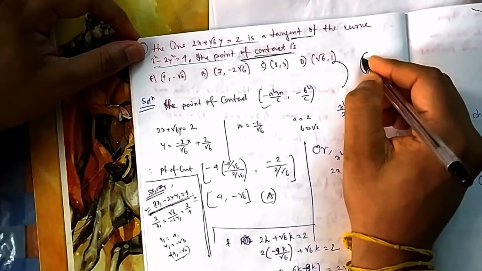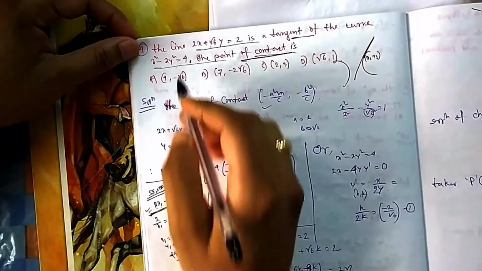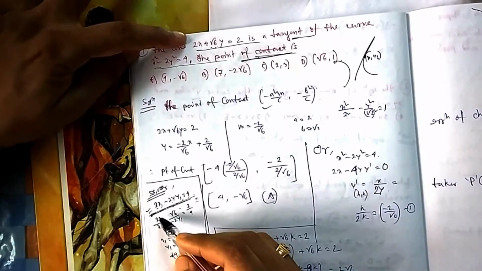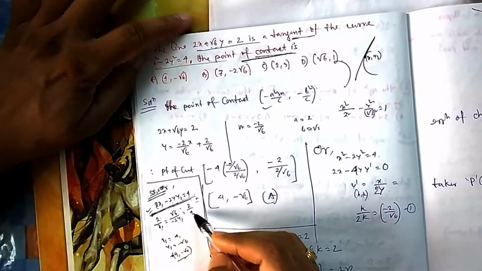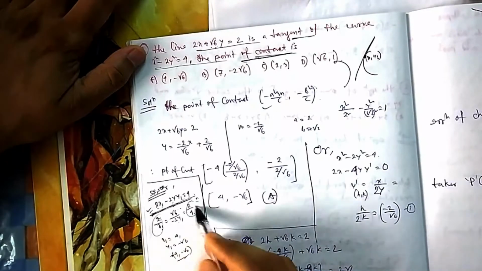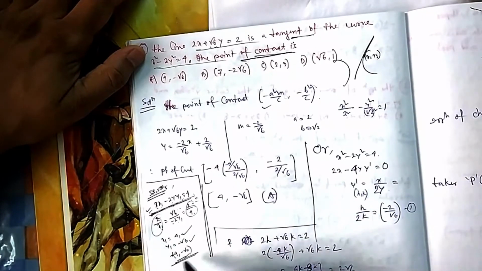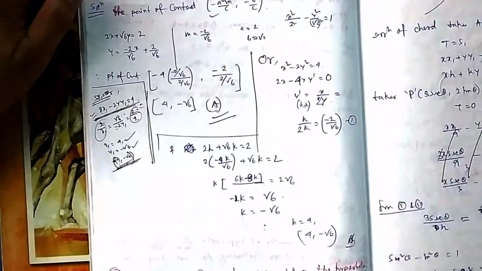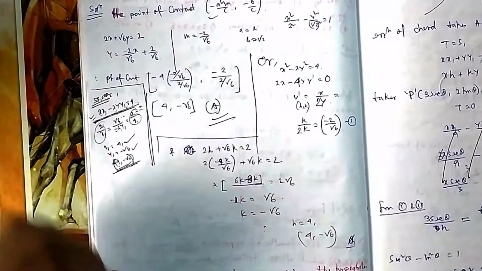This is the conic, this is x1 y1. You have drawn a tangent at that point, then the equation will look like this. But they have given this equation, so both should be the same. If you compare, here the x coefficient is 2 by x1, here it is root 6, and minus 2y is equal to 2 by 4. If you do this, you will find x1 equal to 4, and y1 equal to minus 6. So the point of contact is 4 comma minus 6. That is your option A. There are other ways also, I have shown them there, but there is no need. It is the simplest one, you can calculate using this.